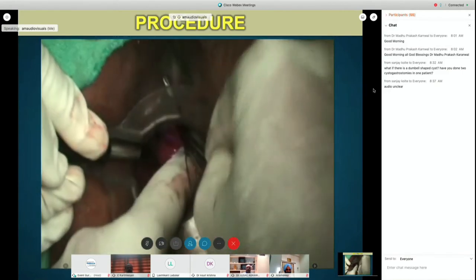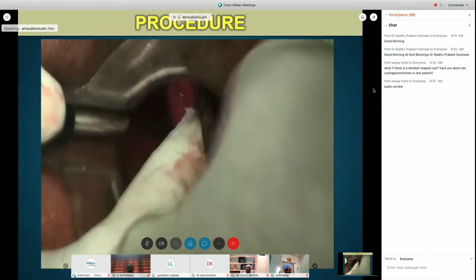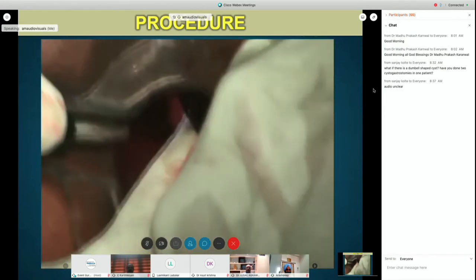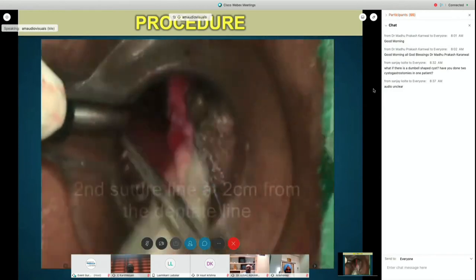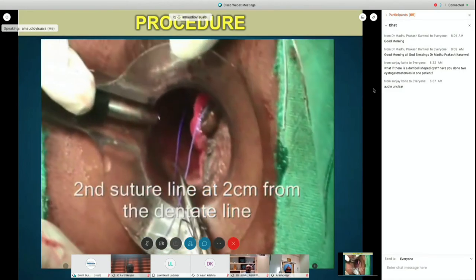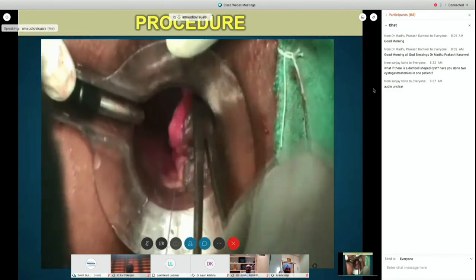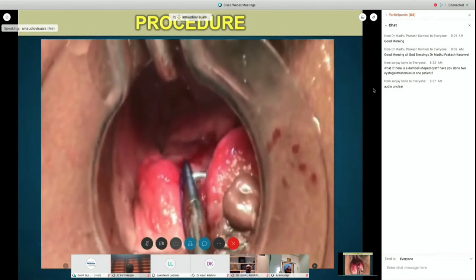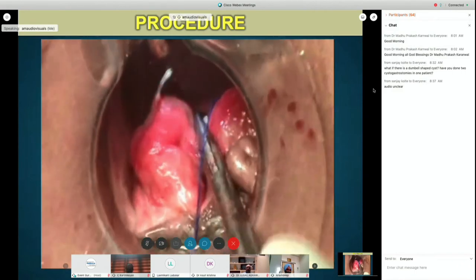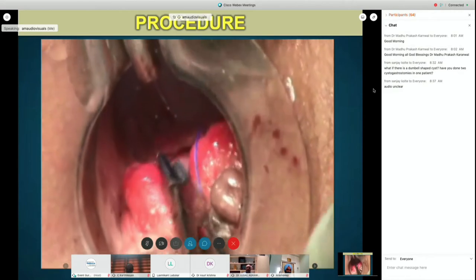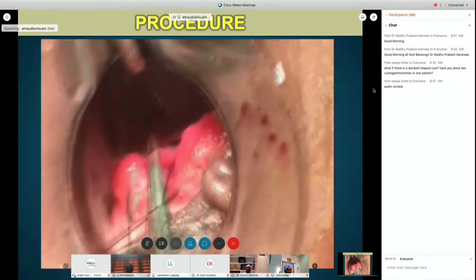Now we again reintroduce the proctoscope and the second suture line is taken 2 cm beyond the dentate line. The same procedure is repeated and all these interlocking sutures are taken circumferentially.